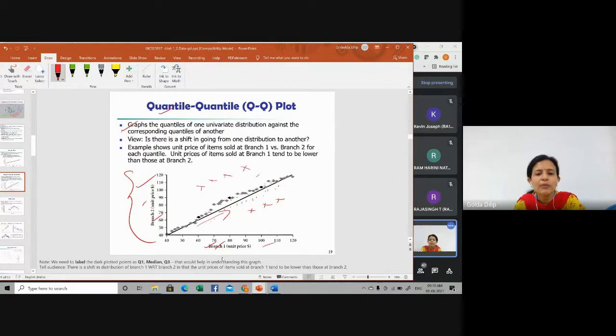To do this comparison, you draw this 45-degree straight line. For each given quantile, the unit price at each branch would be the same if the distributions matched.